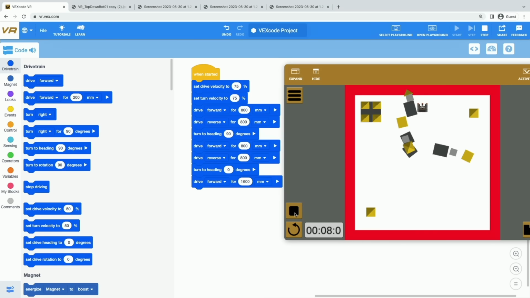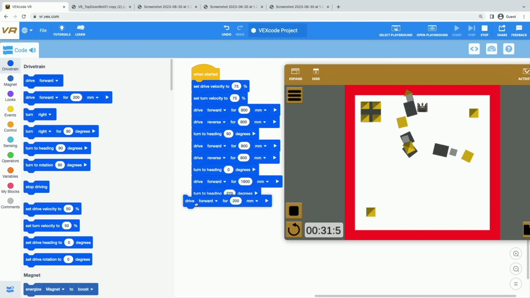We're driving through all of those. Oh, there we are. We are exactly where we want to be. So now we need to turn to the left or to heading 270. So I'm going to add a turn to heading block here and set that to 270. So if we turn left to 270, we'll be facing this way, and I am just so eager to crash that castle. So what do you think we need to add after that?